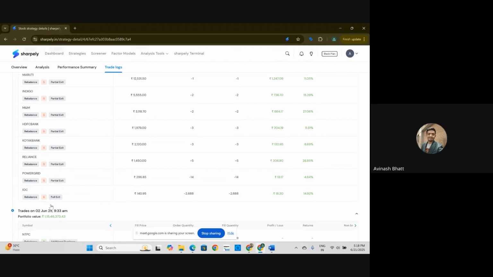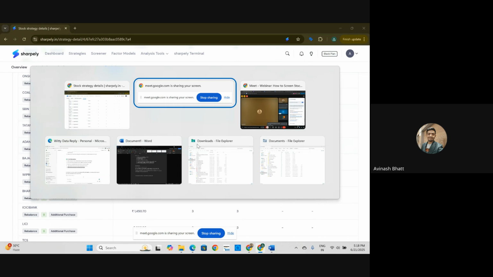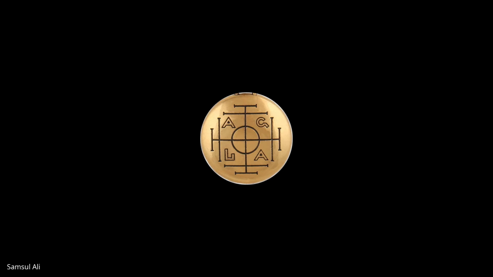तो आपको बाय एंड सेल पर इसके बेसिस पे यू विल हैव टू मैन्युअली बाय एंड सेल इन योर ब्रोकर फॉर नाउ। जो अभी अपडेट होने वाला है उसमें आप अपना पोर्टफोलियो एनालाइज कर पाओगे, बट बाय एंड सेल डायरेक्टली फ्रॉम द Shapley प्लेटफॉर्म वोंट बी पॉसिबल फॉर नाउ। ओके, ठीक, थैंक यू।